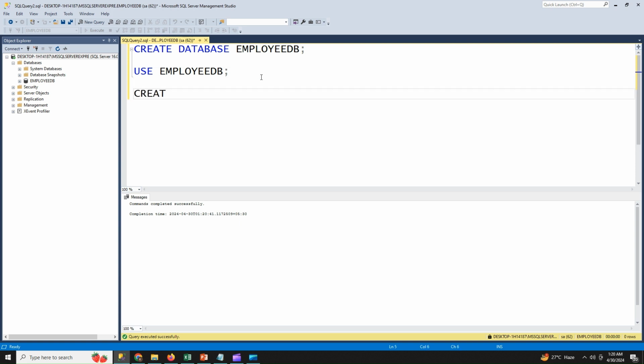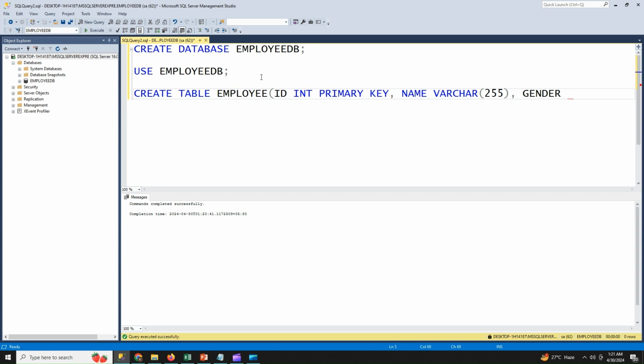Then we'll create a table with the name employee having column id, int, and we will make it the primary key, name varchar 255, gender. For gender we will take varchar 10 only.